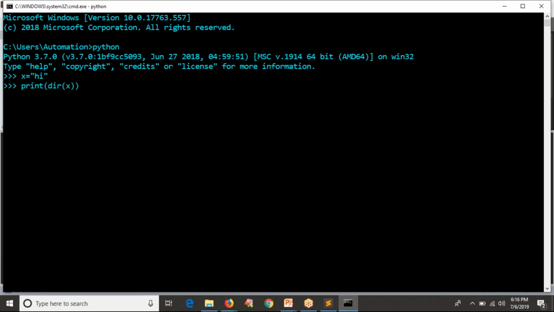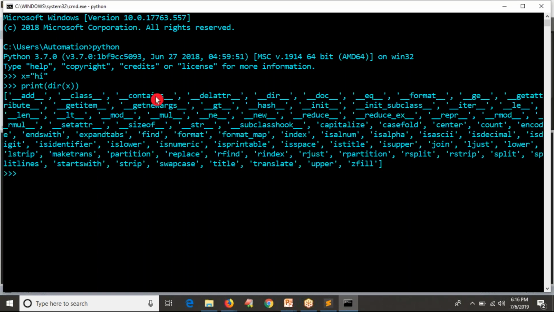So dir is the helping word for us to list out all the operations which are available on your given string, because here x is a string. You can randomly assign some string to some variable x, and on that variable if you perform dir of x, it will give the available operations on your given string. There are so many, right? So I will go step by step.